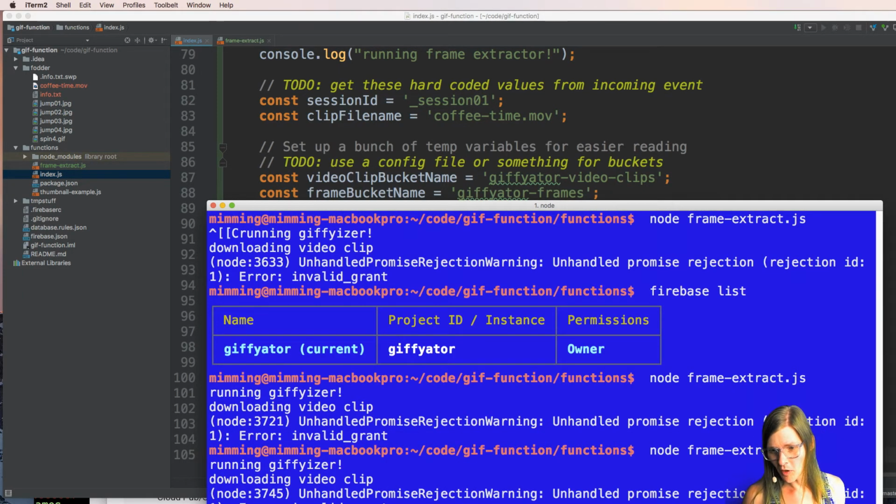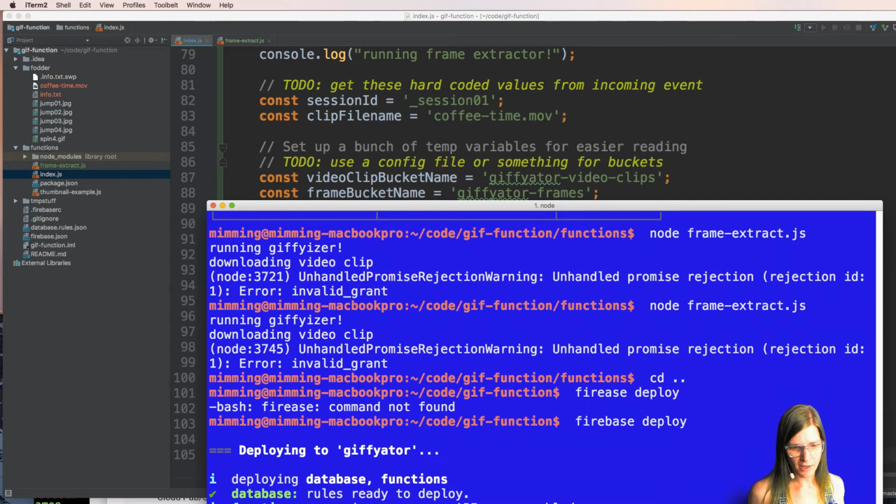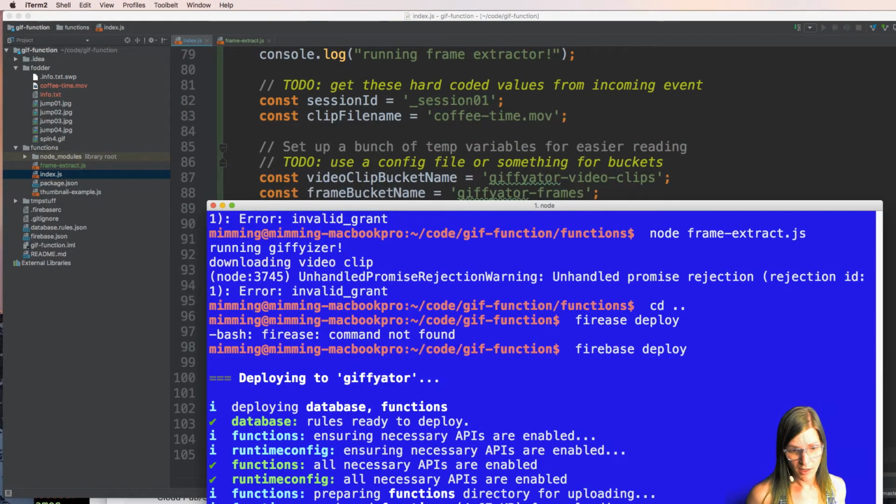So let's just deploy our functions. We're just going to deploy everything. You can actually deploy just one function now, which runs a little bit faster. But I didn't know the name. I guess I didn't know if it was going to change or normalize the name at all. So while that is deploying,